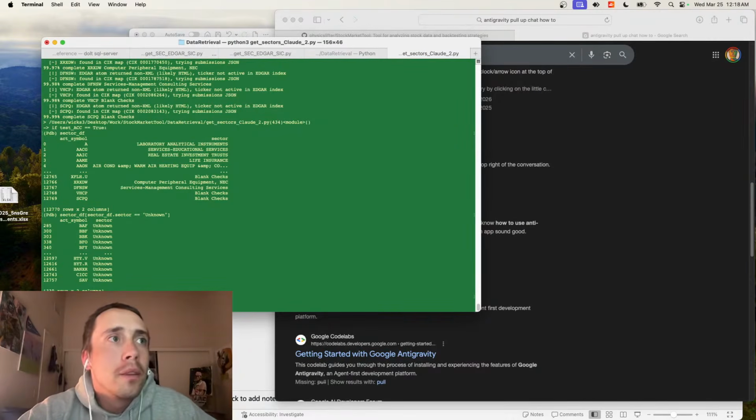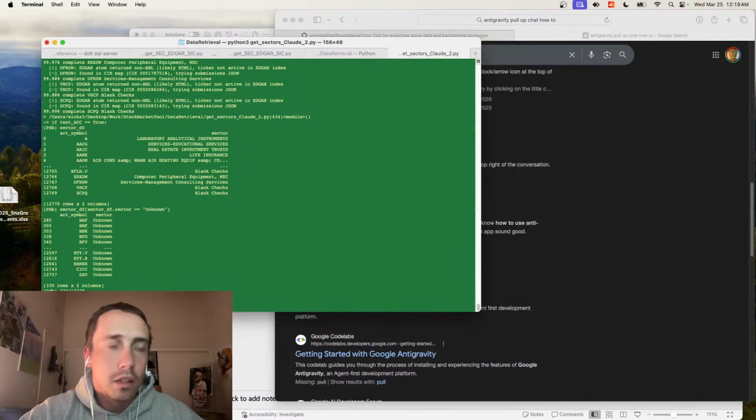That's cool. Sector df of sector. So we want to get sector df where sector df dot sector is equal to unknown. And then we want to get dot account symbol. I guess that's fine. And then we want to save that.